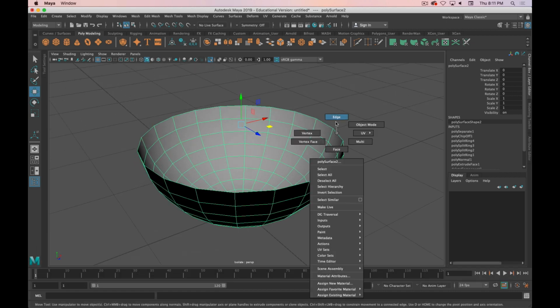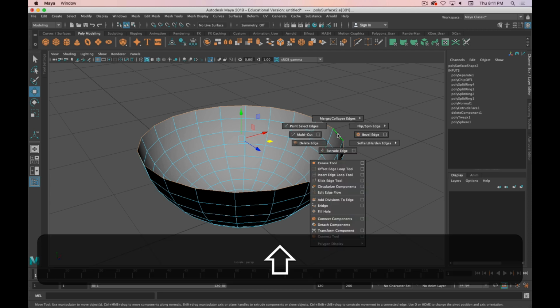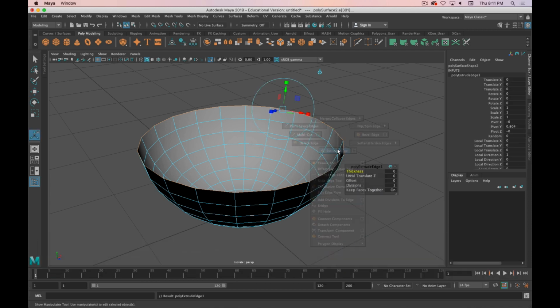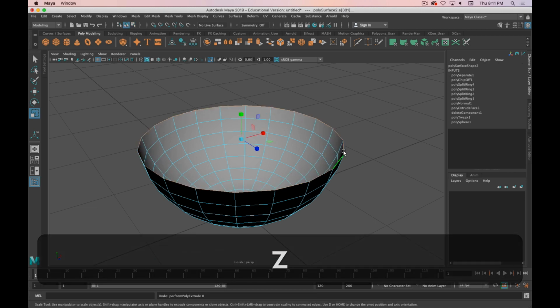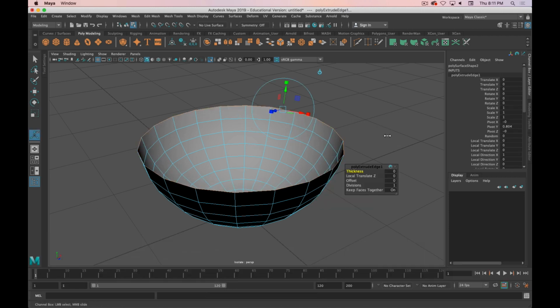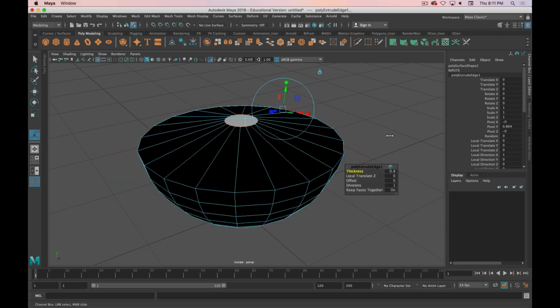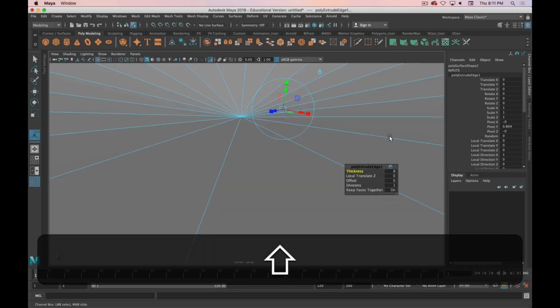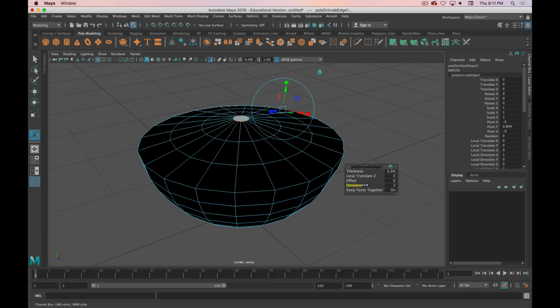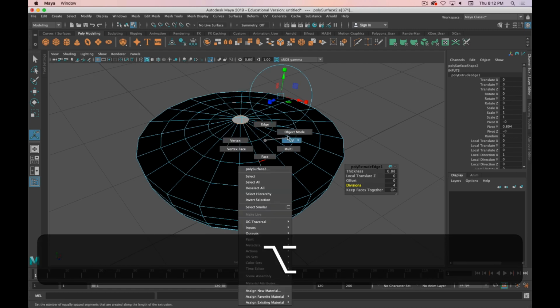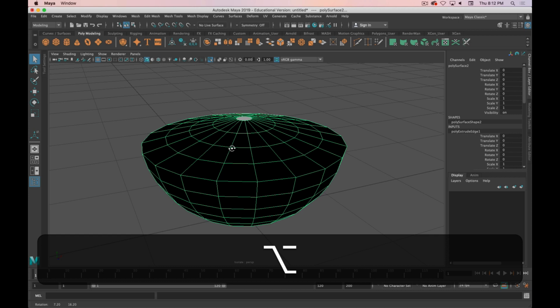So I'm going to select this top edge and I'm going to extrude that and scale it in. Actually, before we do that, I'm going to do this with the menu, because this way, as I extrude it in, hold down control, there we go, I can add divisions while I do it, and that's just a little bit easier to do it that way. We'll do like 4 divisions should be fine. You can see that our normals are wrong,